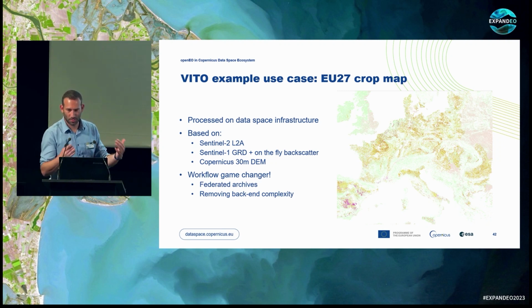Of course, the European scale map takes some time to process, but you can follow that up in your process graph, and for example, in the web editor. And for our researchers, it's very important that they can easily make prototypes, test it, make new machine learning algorithms or models, put it in there, experiment with that. They usually start off with 10% of a map like this, and to see the results, validate the results on a small scale, and if they're happy with the result, they can scale it up. And then this would be one of the building blocks that can be reused in the future.